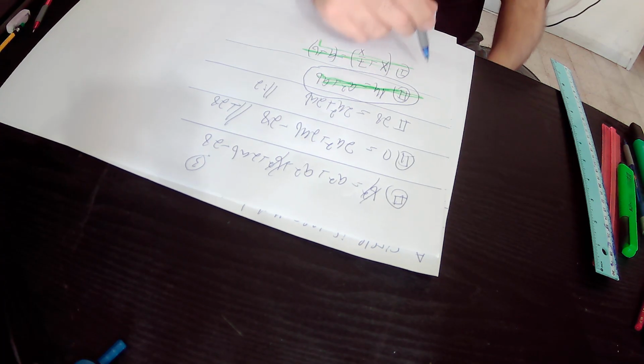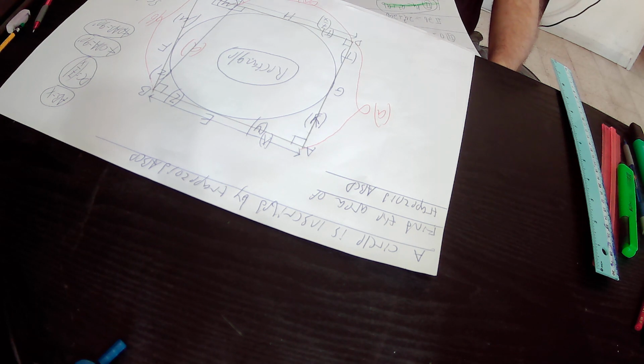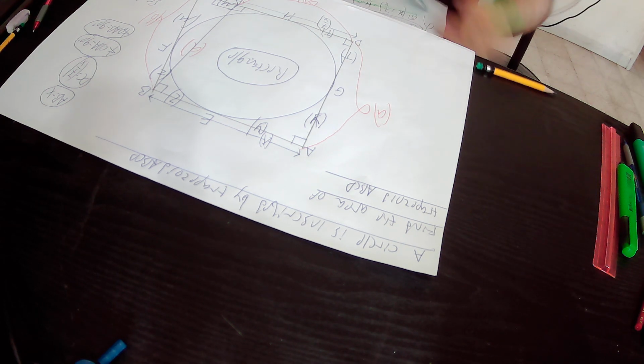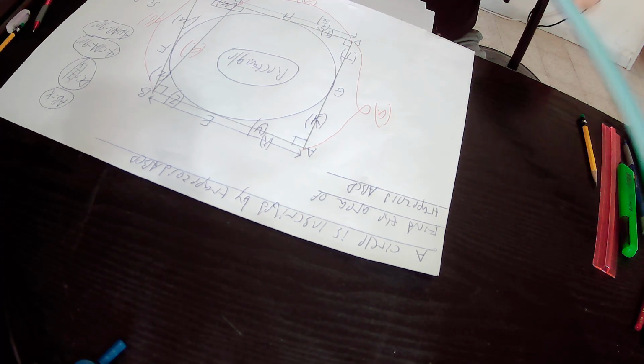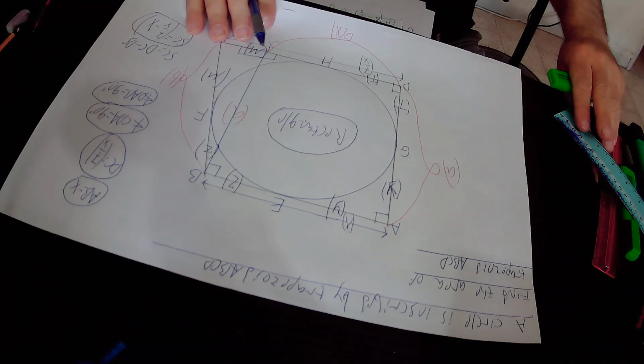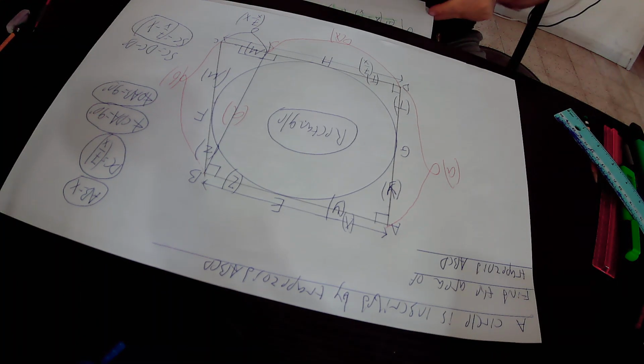Repeat again that our mission is to find the area of this trapezoid ABCD. According to the formula I presented at the beginning of the lecture, the area of this trapezoid ABCD